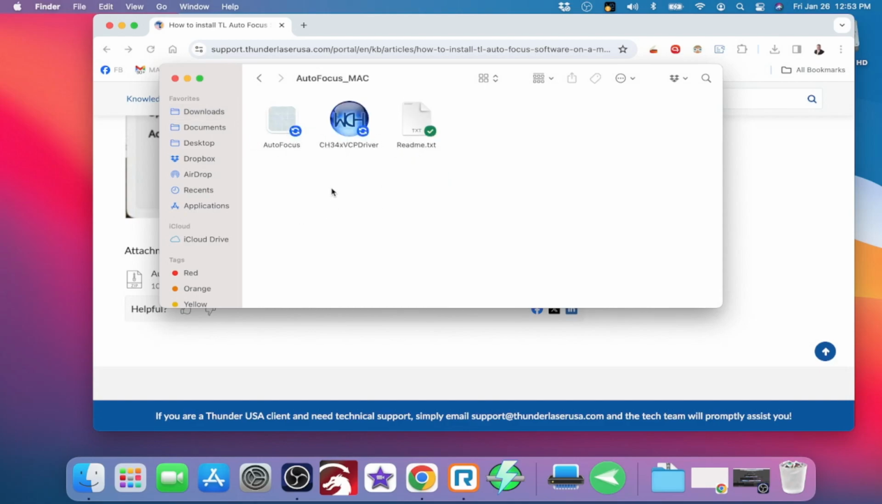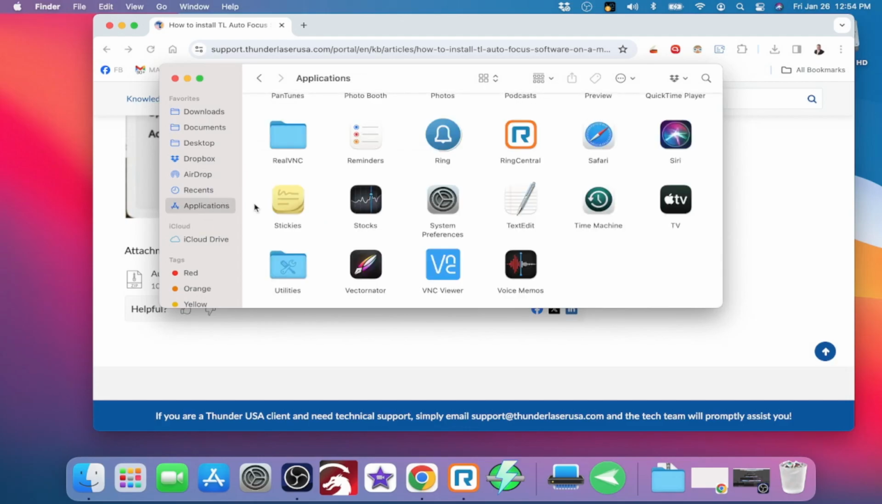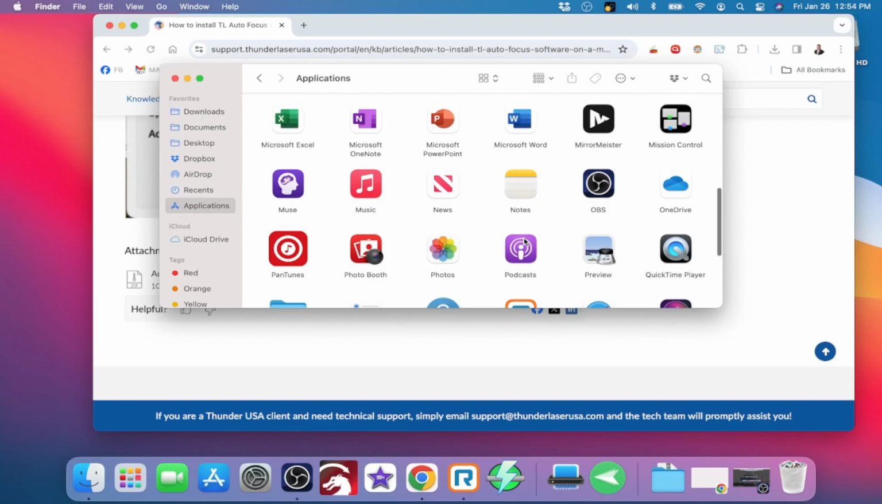And so what we want to do is get this driver and the autofocus software into the applications. Sometimes that can be a little weird, and I'll show you that it's not in there even though it is. So I used to drag them both in. I'm going to do this one at a time. I'm going to drag that driver over into applications. Then I'm going to click applications and find that driver